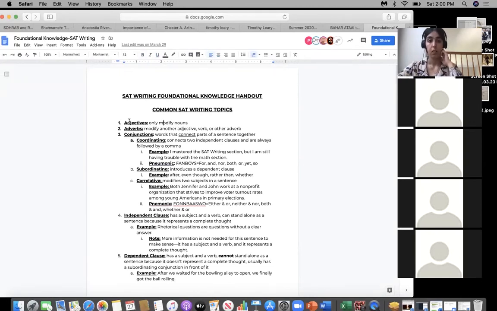So these definitions, I like to use Quizlet a lot. It's a flashcard application. So basically, you see adjectives, they only modify nouns. I think that's something I memorized. So adjectives,